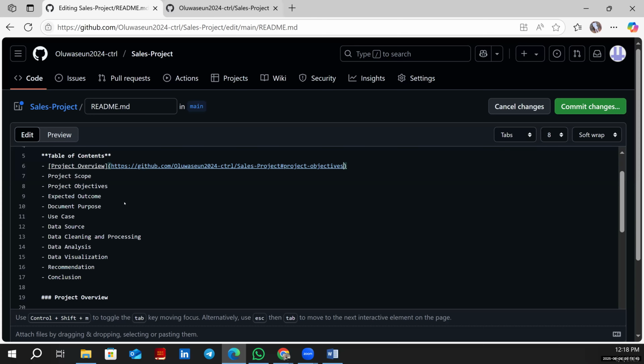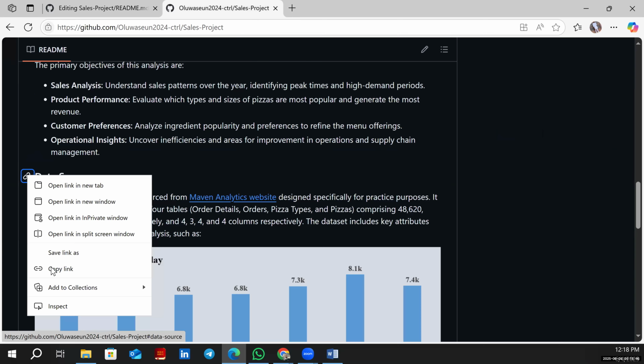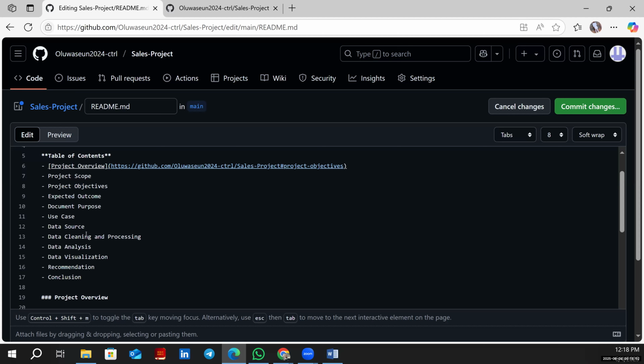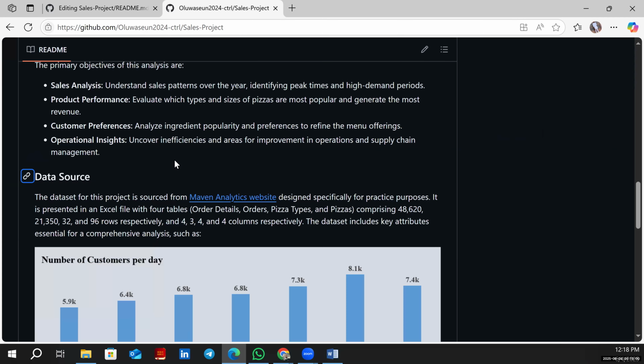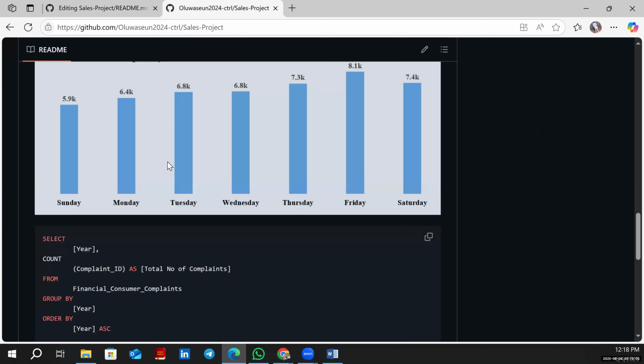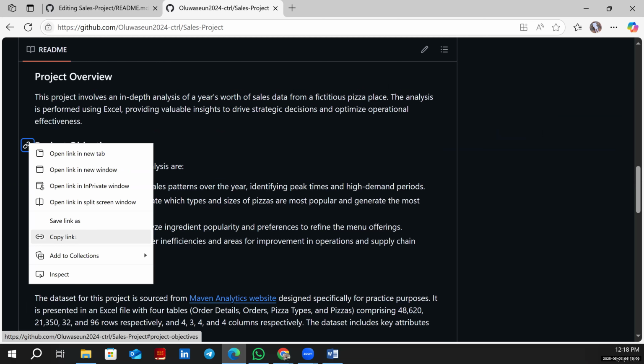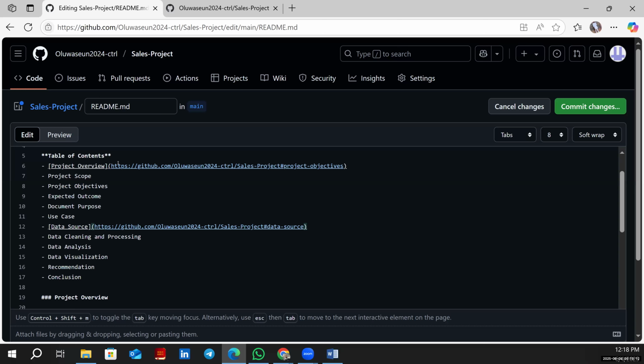I'll come back here. For data source, I'll right click, I'll copy. I'll come back here, go to my data source, put it in square brackets, put the link in front. And you see, come back here, which one again? Project objective, I'll come here, copy link, come here. Oh, so it's even the one I use for overview, but let me just put it here. Come here, do this, open parentheses in front, put the link inside, commit your changes,